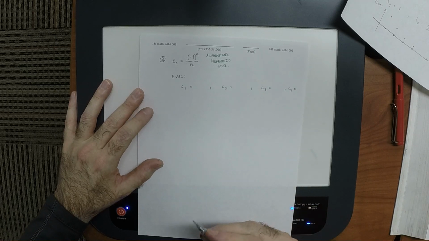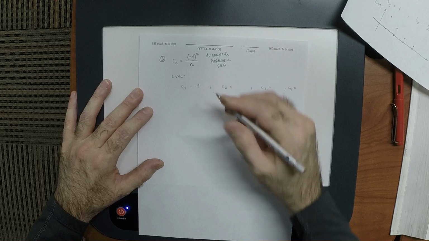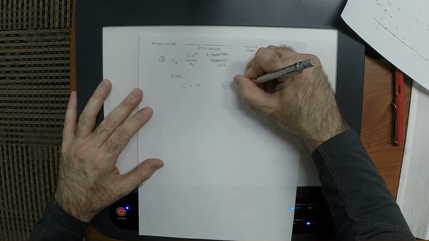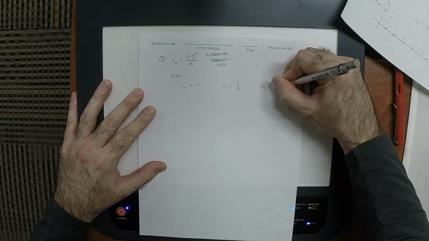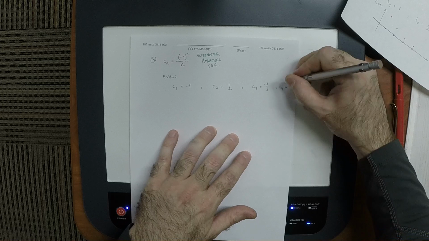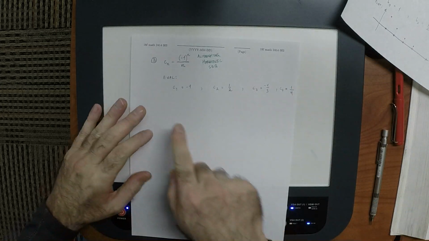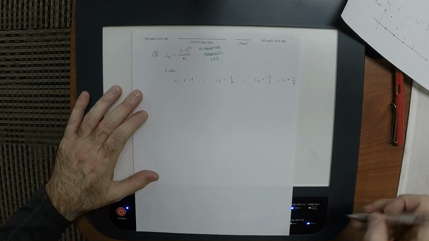So what's C1? -1. And what's C2? Right, positive half. And then C3, negative a third. And then C4, positive a fourth. So notice that it's basically the harmonic sequence, but we just sort of said, I'm going to negate every other term. Okay, so then if we were to plot it,